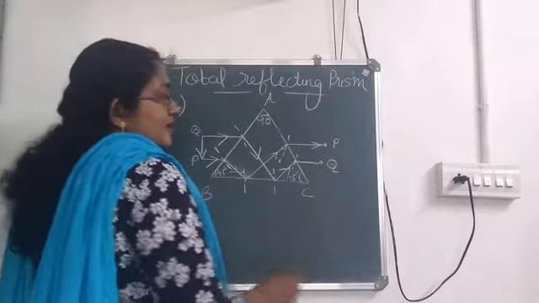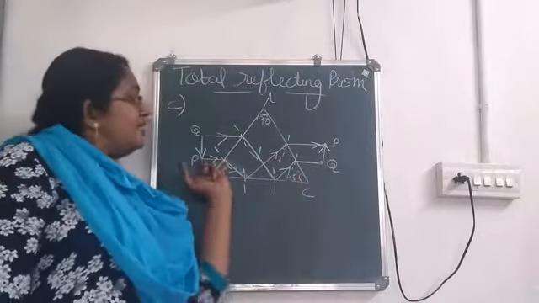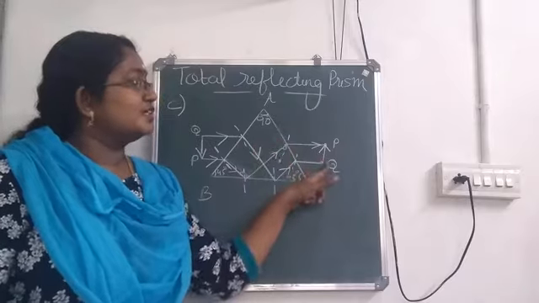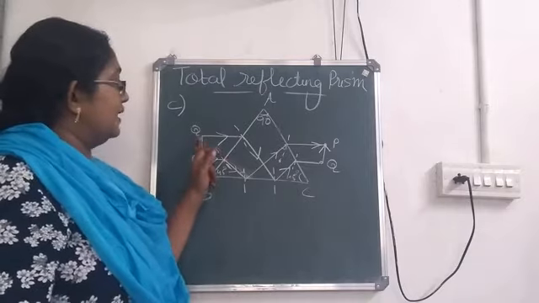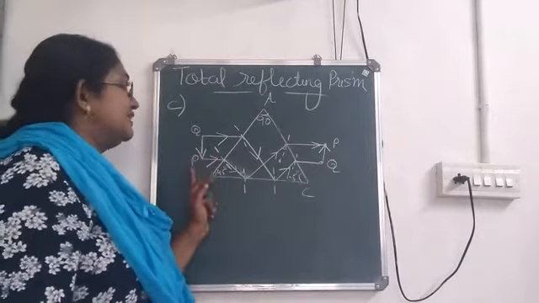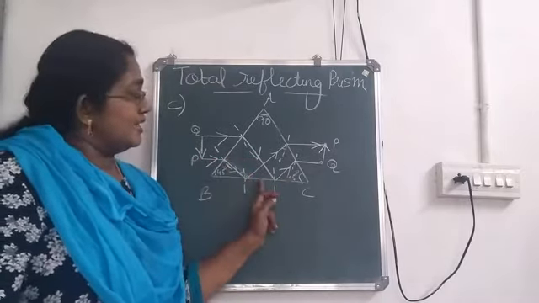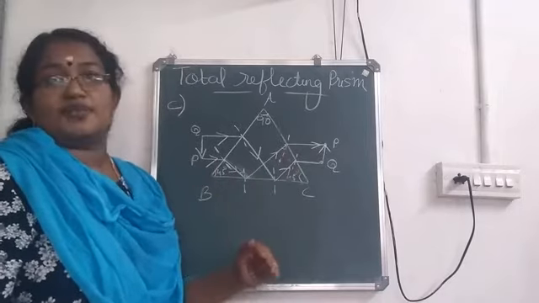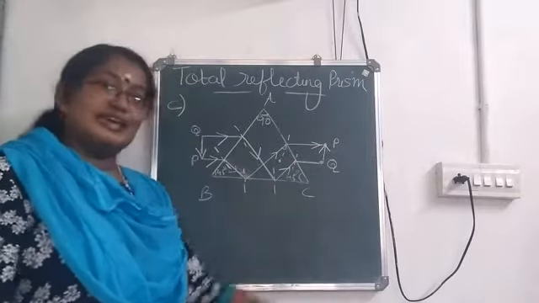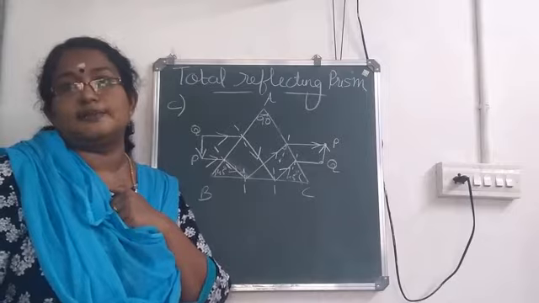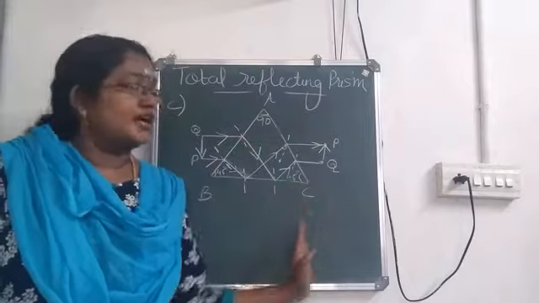Q to P was there. Now what happens? How will we get this? Q to P, I have drawn the arrow mark. So the inverted image gets converted to erect one. So is it clear? We are considering the object QP, which is inverted. Two rays from Q and P we are considering. At first it undergoes refraction, then total internal reflection, then again refraction. So you will be getting the erect image. It gets inverted on the other side. And this is actually used in projectors.